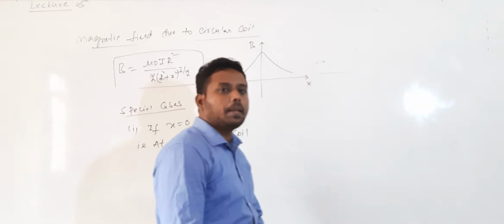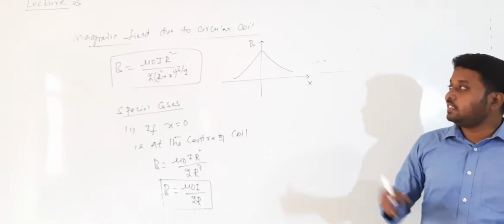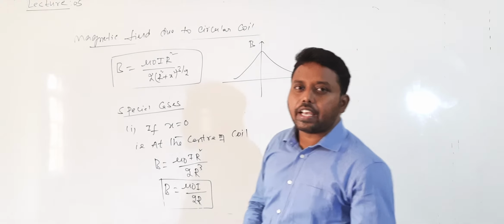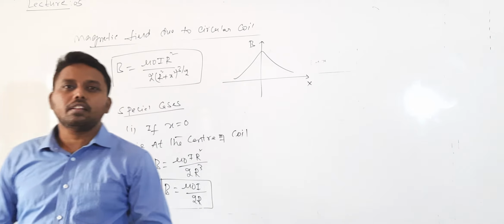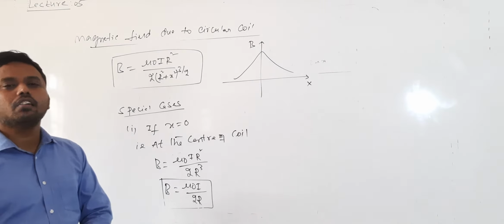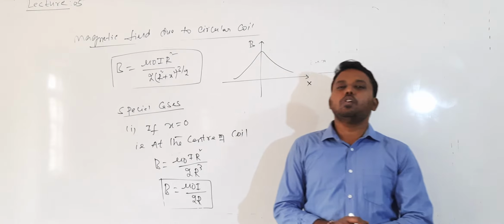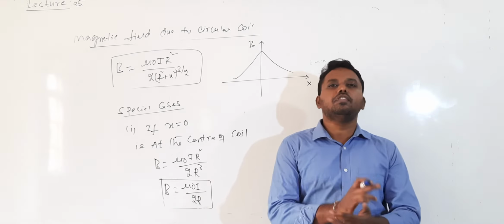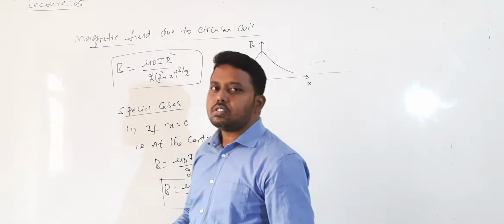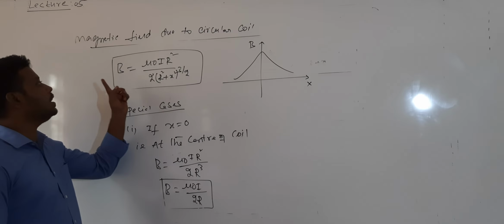The expression for the magnetic field due to a circular current carrying coil is a very important topic for us. Based on this derivation, there are 2 more topics we are going to discuss in today's class: the circular coil as a magnetic dipole, and the magnetic dipole moment of a revolving electron. So there are 2 three-mark questions. But to derive them, you must remember this.